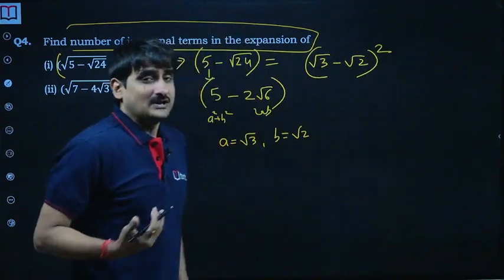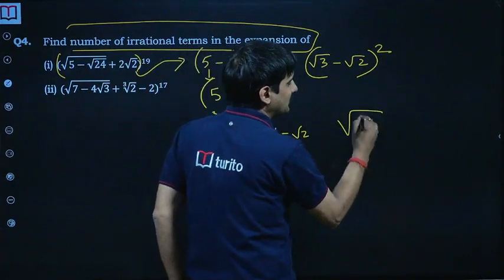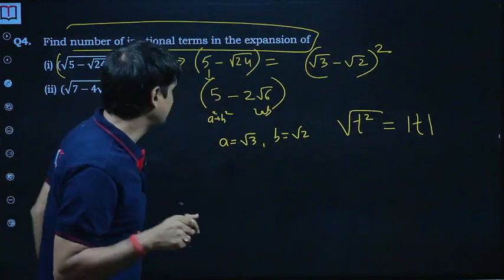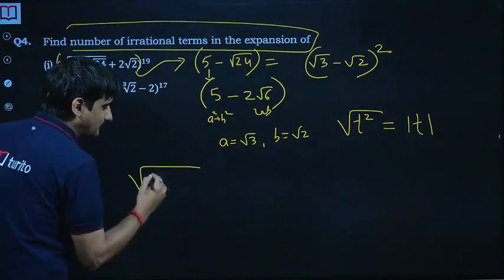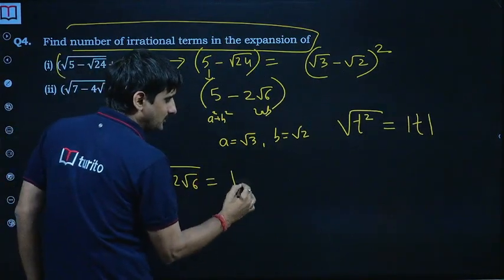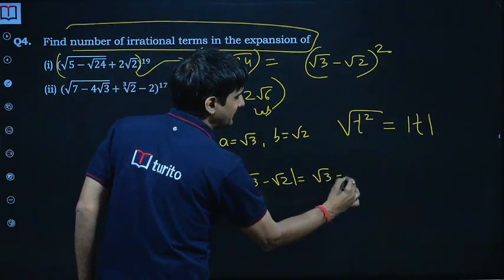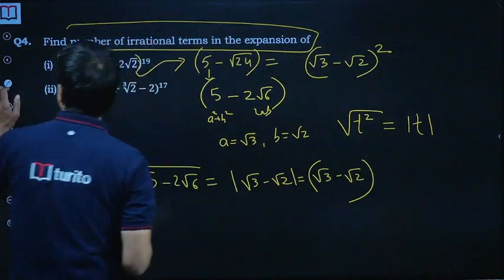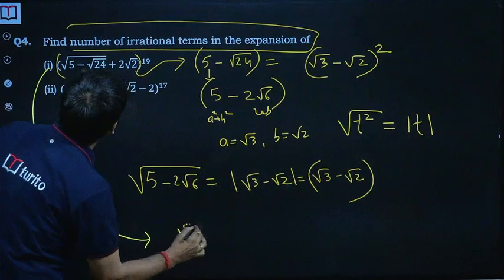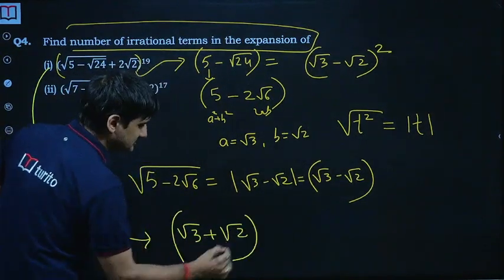So we can write it as root 3 minus root 2 whole square. Now you can say, okay, I can write it as root 2 minus root 3, but I won't write it like that, because we know under root of t square is nothing but mod of t. That means it always gives us a positive value. So under root of 5 minus 2 root 6 will actually be mod of root 3 minus root 2. So of course it has to be positive, so in any case it's going to be root 3 minus root 2. So now the binomial will be here in this case root 3 plus root 2 raised to the power